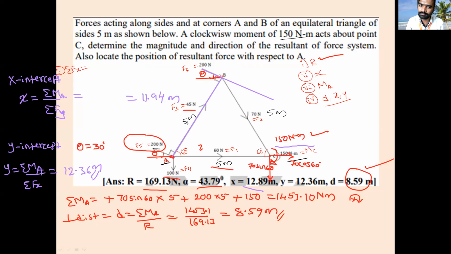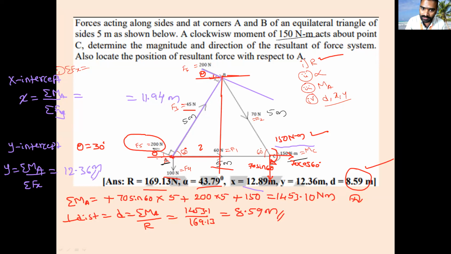Are you getting? Yes, sir. Already he has given. Okay, like this also you can solve. If you want to, you can go by another method. Another method is, you have to calculate one horizontal component and one vertical component. This vertical component is passing like this. Then you have to consider vertical component into horizontal distances. This is how much? 2.5 you have to consider. And this horizontal component is how much? So this you have to calculate.